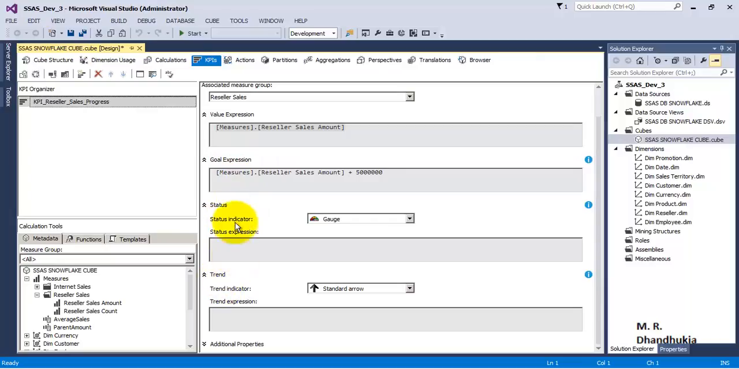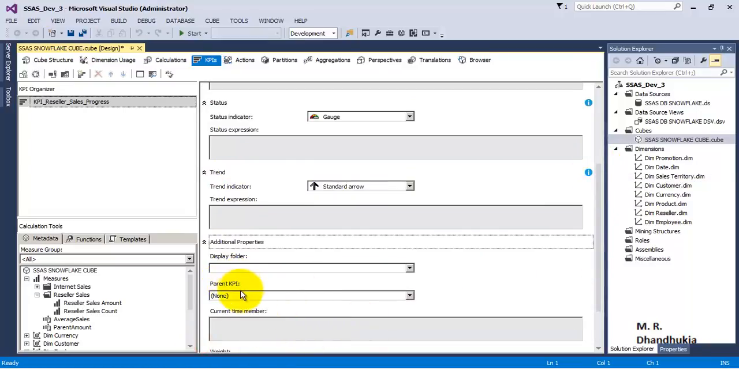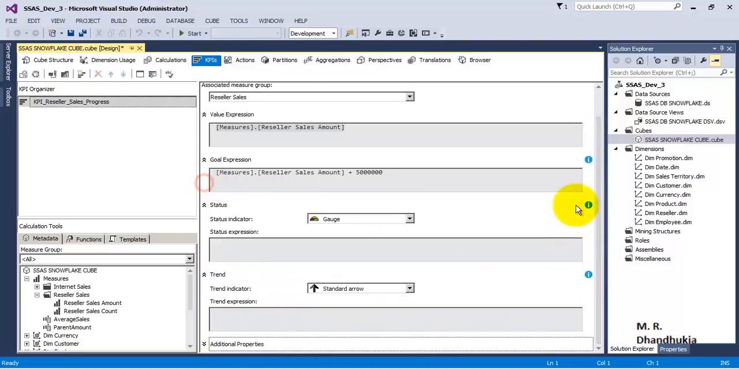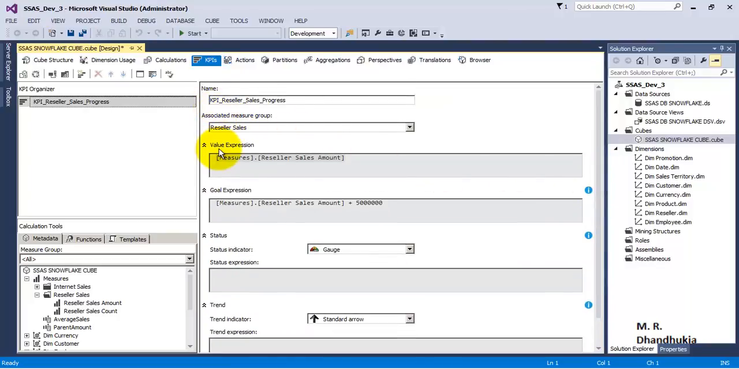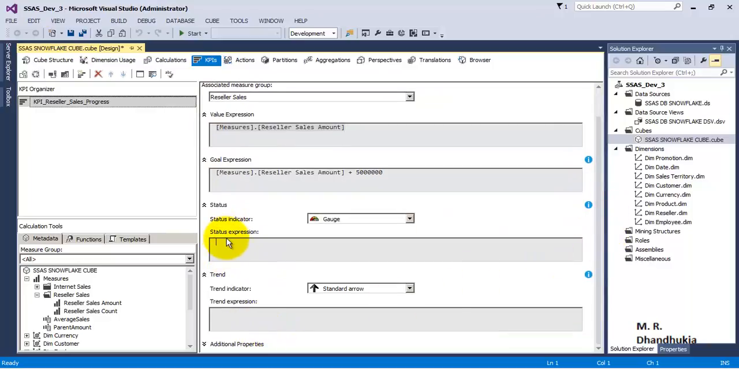Third is status and fourth is trend. So these are the four important things for defining a KPI. You can still define a few more things like the time member, the weight and all. But right now let us focus on the first four things, that is value, goal, status and trend. So for status, let us again have the reseller sales amount. Now what we want to say in status is whether the status is good, whether the status is bad, or whether the status is okay. So for this, let us define a